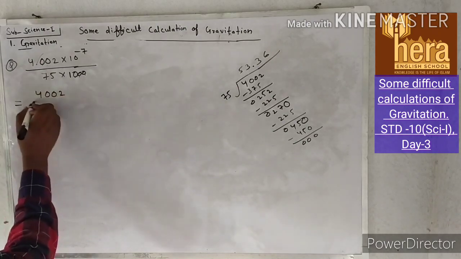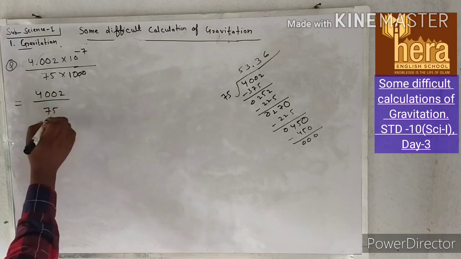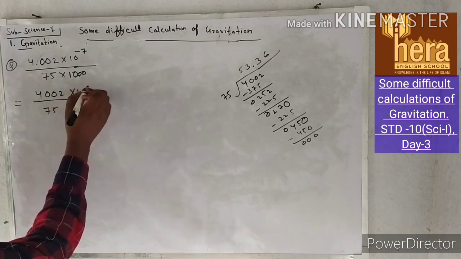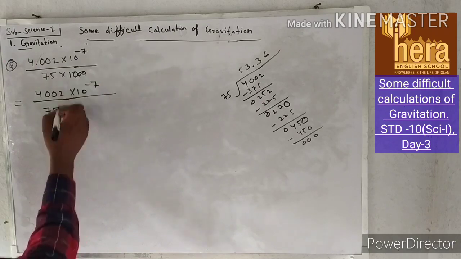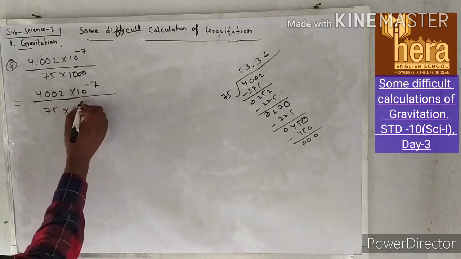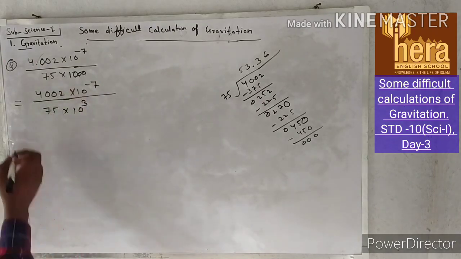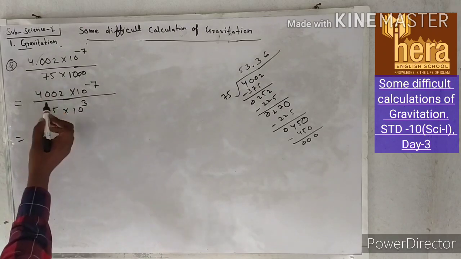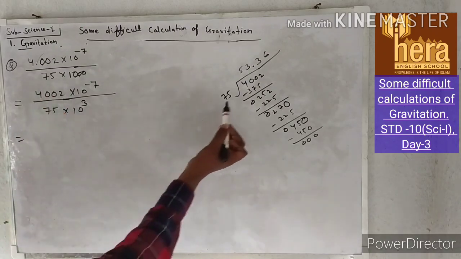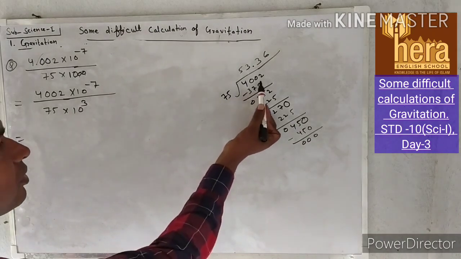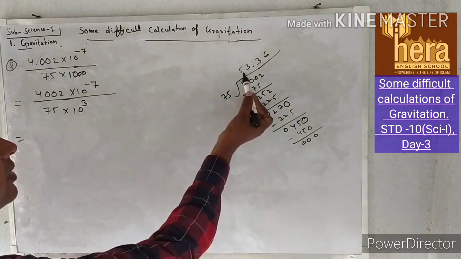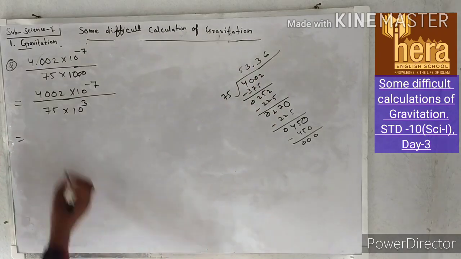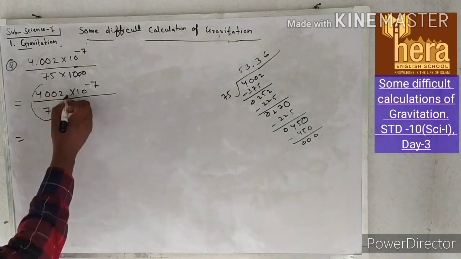4002 upon 75 into 10 raised to minus 7. You can write this number as 10 raised to 3. Okay, so if you divide 4002 by 75, you will get 53.36. So this will be equal to